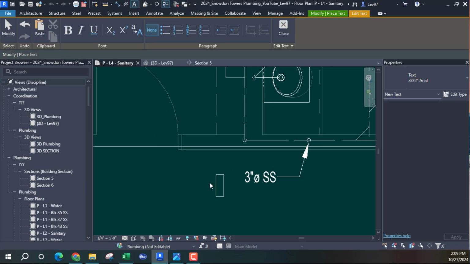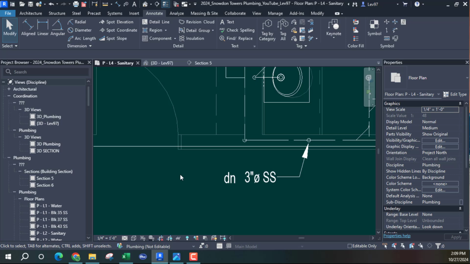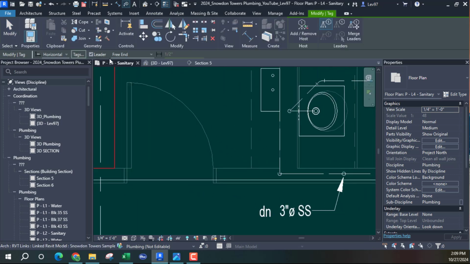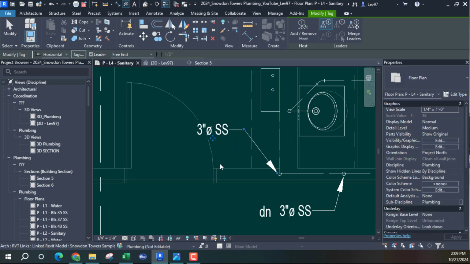So I'll say here and just abbreviate it: 3-inch SS down. Also, there is going to be another 3-inch. Let's go here, and from above, I should say,